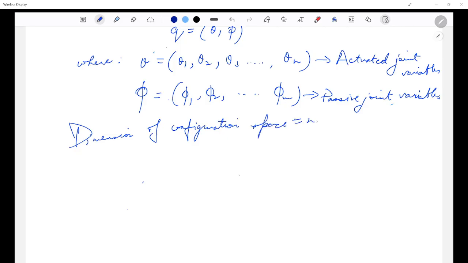It is n plus m, where n is also the degree of freedom of the robot. So how many degrees of freedom does it have? The number of actuations you have, but then the other joints are passive. Okay, so let's talk about the very famous